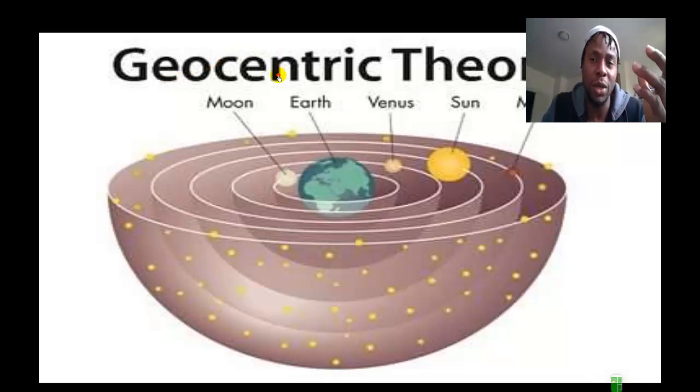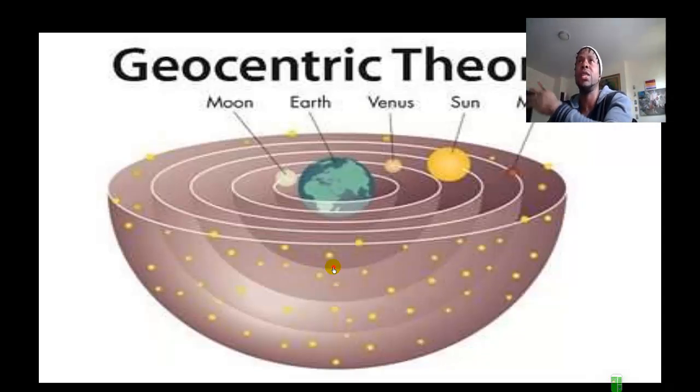And that was the model that most astronomers from many years ago used to think of the solar system or the universe. What that simply means is that the earth is in the middle, and every other thing, the sun and all the other planets and all the other stars, revolved around the earth. It's pretty obvious why they thought that way. When you stare at the sky, it looks like it's the sun that is rising and setting, and all the stars and every other thing are moving across the sky. So definitely the earth is in the center and every other thing is moving around.